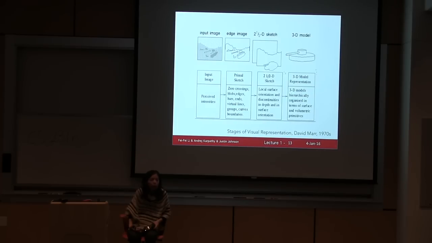Why do we have to have a 3D model of the world? Because we have to survive, navigate, and manipulate the world. When I shake your hand, I really need to know how to extend out my hand and grab your hand in the right way. That is a 3D modeling of the world. Otherwise, I won't be able to grab your hand in the right way. When I pick up a mug, the same thing. So that's David Marr's architecture for vision.